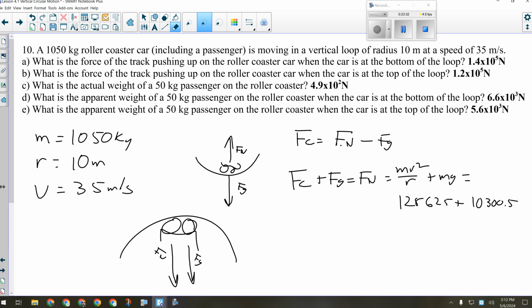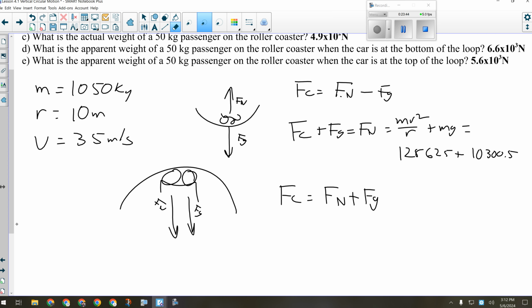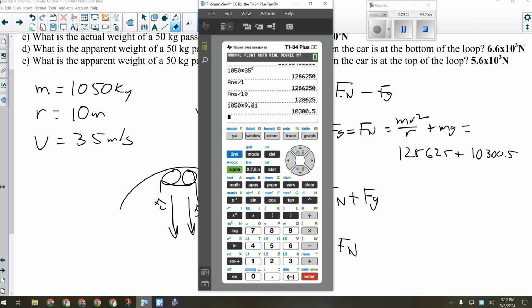Okay? So Fc equals Fn plus Fg. There are no forces out, they're both in. Okay? And so now I have to subtract Fg over to this side, so I'll have Fc minus Fg equals Fn. All right, so when I'm doing that one, I just take those same numbers I had a minute ago,